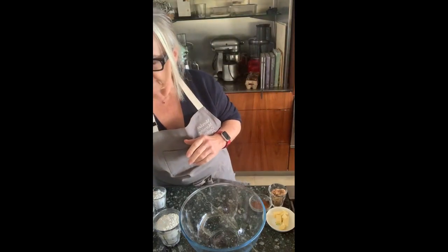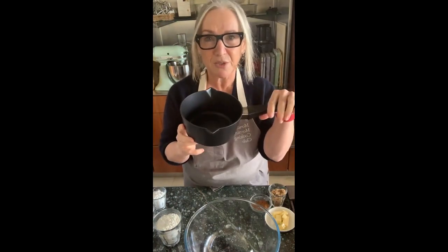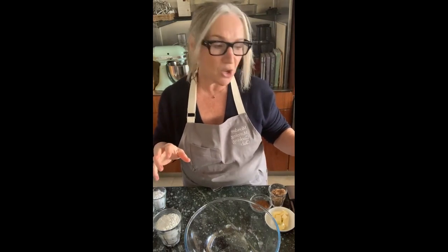Okay, let's start. You can make your swirl in either a little saucepan like this or in a small bowl or jug that you're going to put in the microwave. We need to heat the ingredients together. I'm going to do it in the microwave so I don't have to go back and forth to the microwave. Okay, so